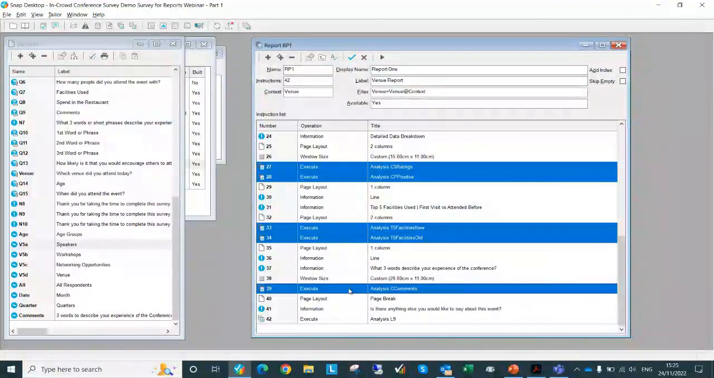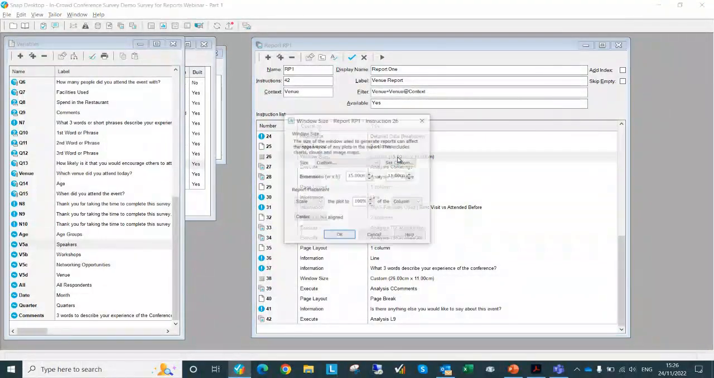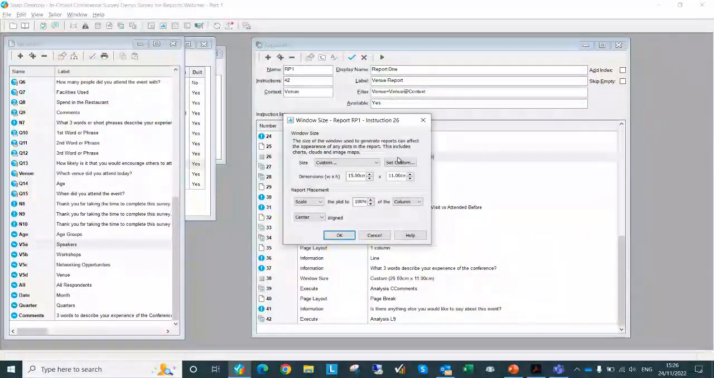Now you notice that above each of those, or most of those, there's a window size, and this will specify what proportions and dimensions that chart's going to be in. So if I double click on that window size, and just before I go any further, just to confirm that the window size only affects your charts and your clouds, because your clouds are pretty much charts anyway. But if I click on set custom,